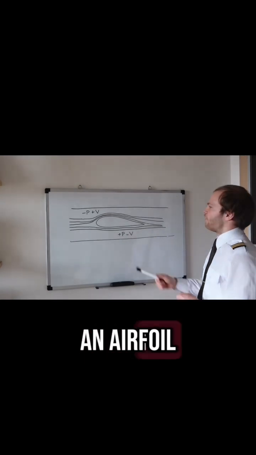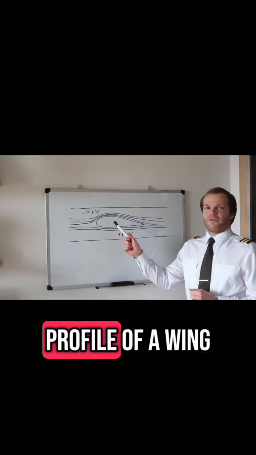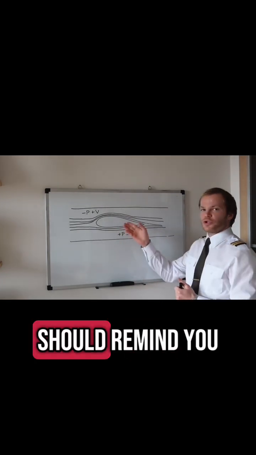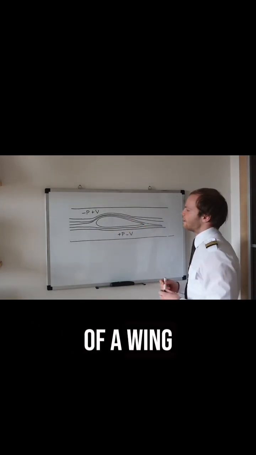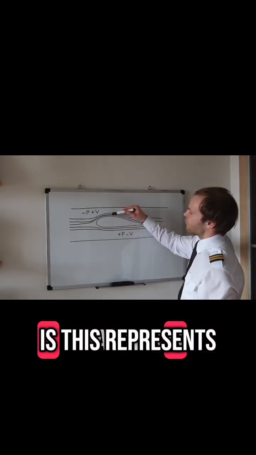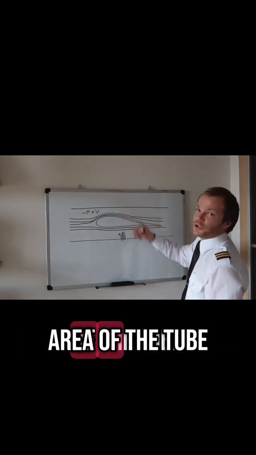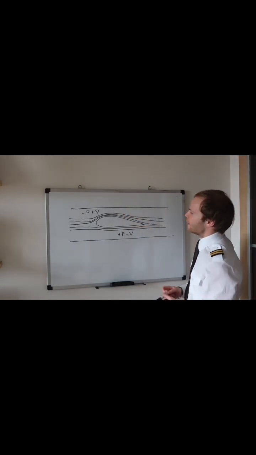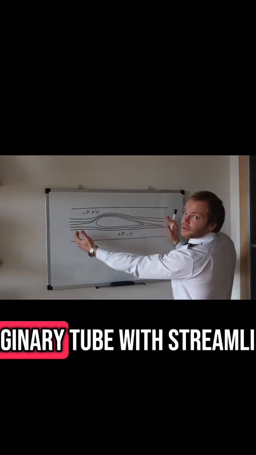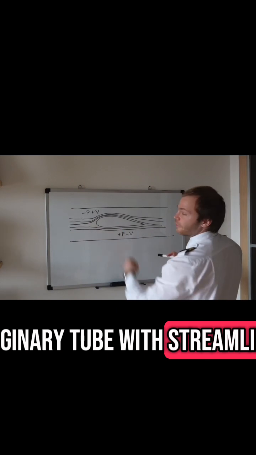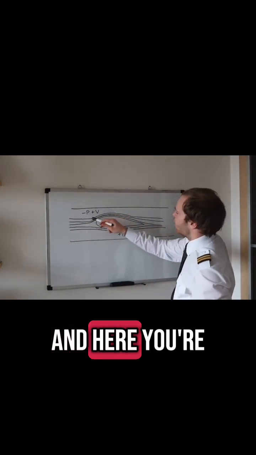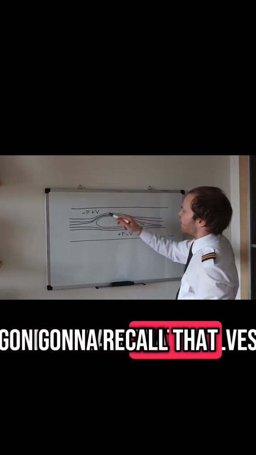So this is an airfoil, which represents the profile of a wing. It's a specially shaped body that should remind you of a profile of a wing. And if we divide this image by 2, you can see that this represents the cross-sectional area of the tube that we were talking about before, so that we can remind ourselves that this is an imaginary tube with streamlines, which represent the path of the particles of air, and here you're going to recall that the velocity increases